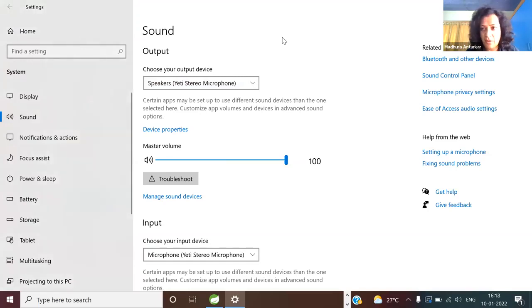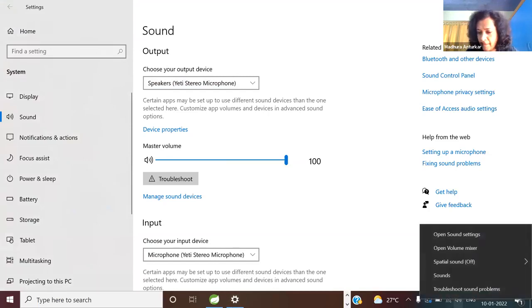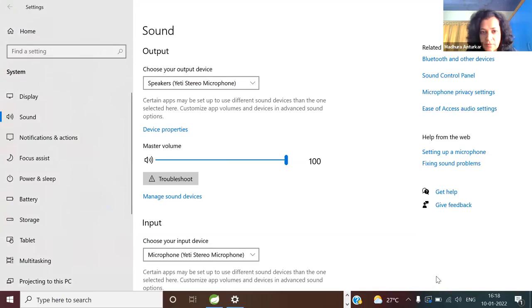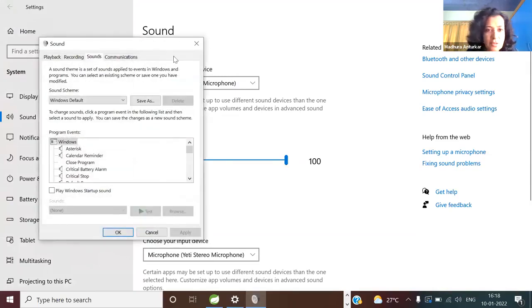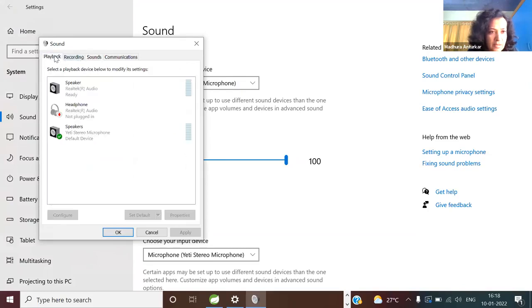In the bottom right corner. Yeah, that I did already. Okay, sounds. Same thing it comes to, no? Oh, it is coming to something else. So what should I do here? Playback, you're saying?